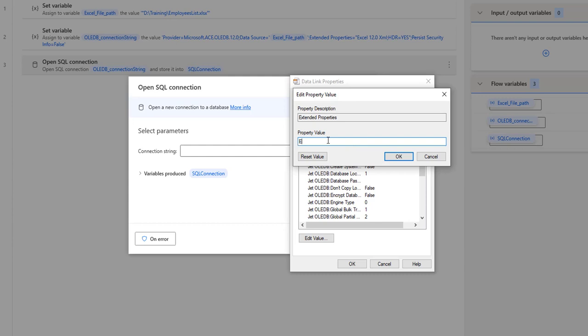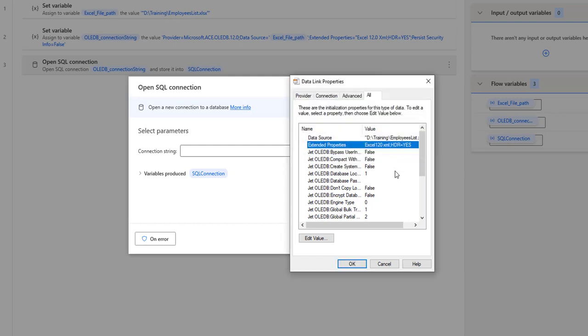What is the property value? I'm going to give Excel 12.0 in the XML format, semicolon, and HDR equal to yes. So yes means we are having the first row as the columns in my Excel. All right, let's click on OK. And along with that, there you can see I want to provide persist security info, right? If it is true, in our Windows, it will store the password. If it is false, then it won't store the passwords over here. Now, by default, I'm going to provide persist security info as false, and then I'm going to click on